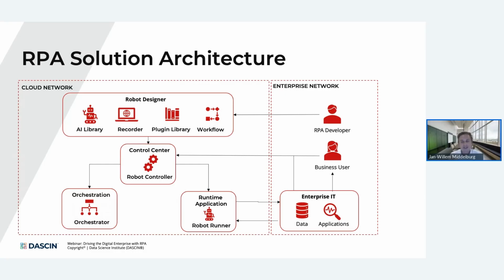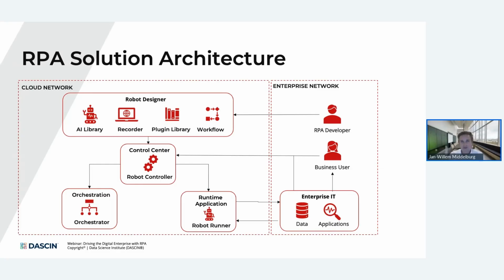The other main thing that I would like you to see is that here on the left-hand side, you see the AI library. In order to use AI within an automation environment, we generally use predefined models like large language models or OCR scanners that we can invoke through standardized actions and standardized workflow activities. So that's where our AI fits within the bigger picture of an RPA solution.